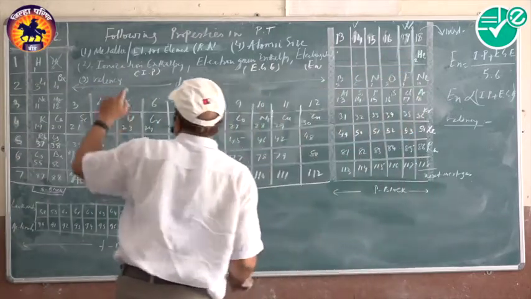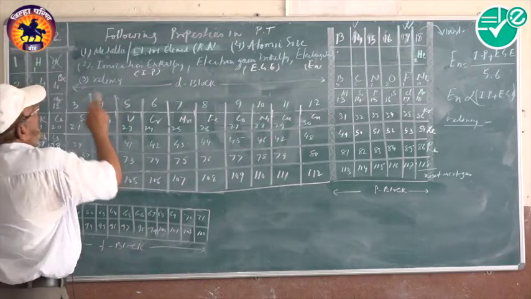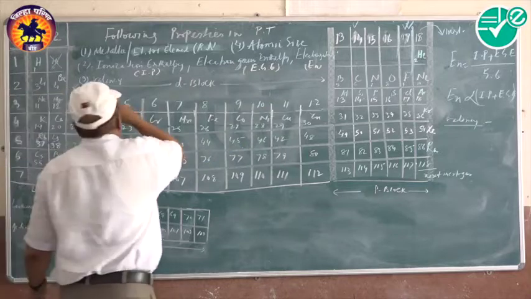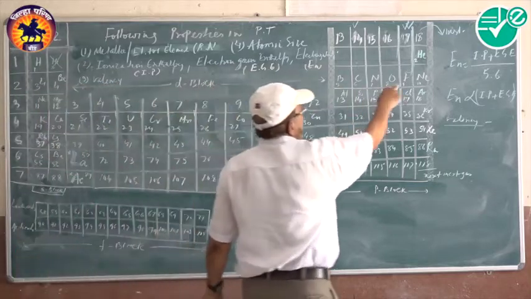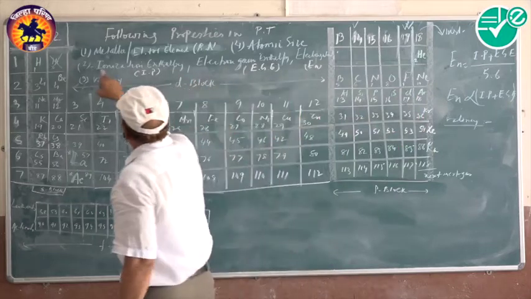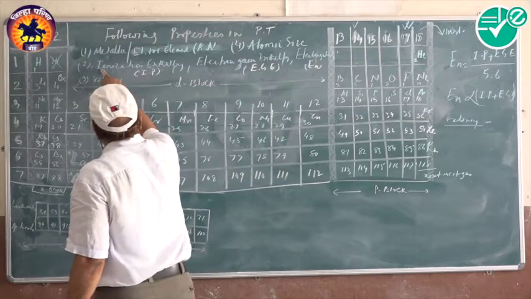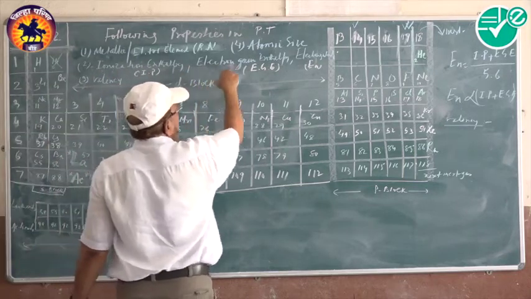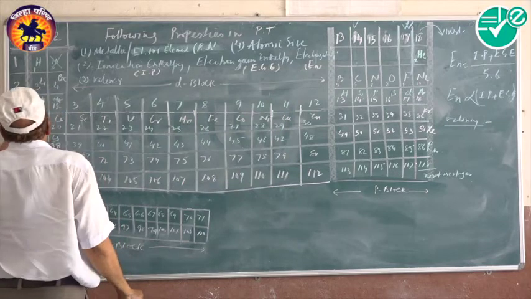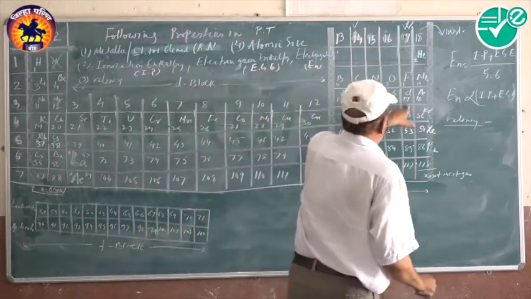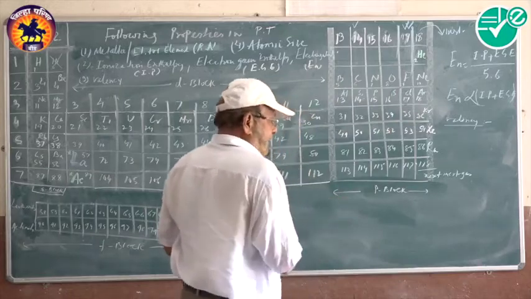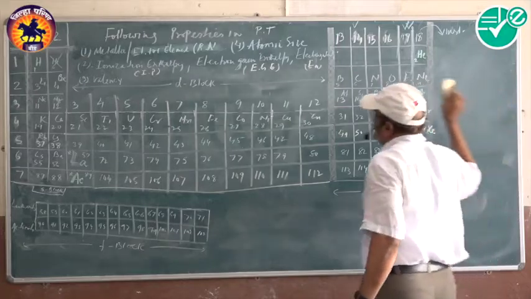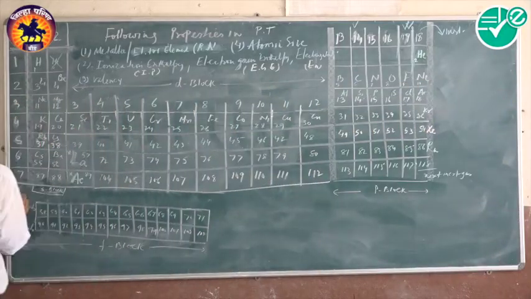Okay? And again, metals have larger size than non-metals. Therefore, size of metal decreases from left to right up to here. But these properties are lower in case of metal. Hence, ionization enthalpy, electron gain enthalpy, and electronegativity will be from low to high up to here. Okay? Now we will discuss the reason behind it.